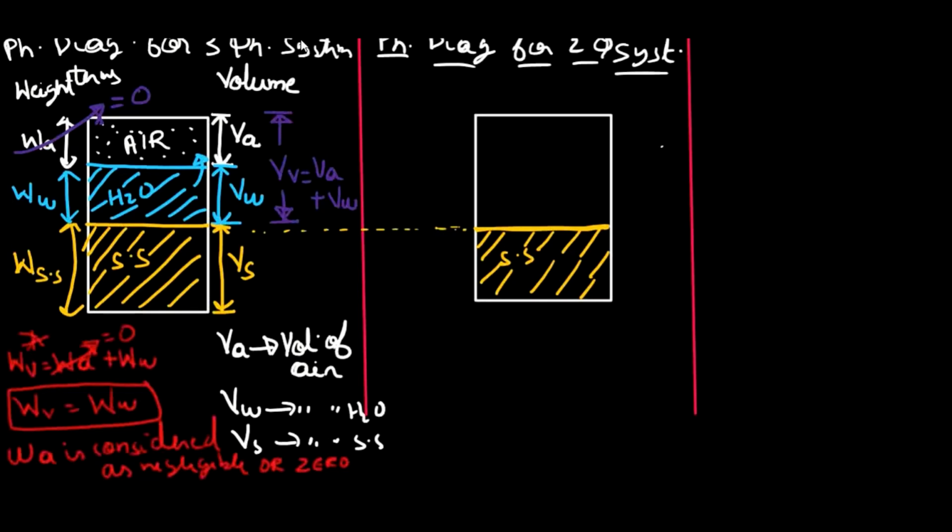So all the void space will be filled by water. Why? Because you must have studied in your fluid mechanics that water is denser than air. Or we can say that water is a heavier fluid than air, so it will easily replace the lower density fluid. Therefore all the void spaces will be filled by water.